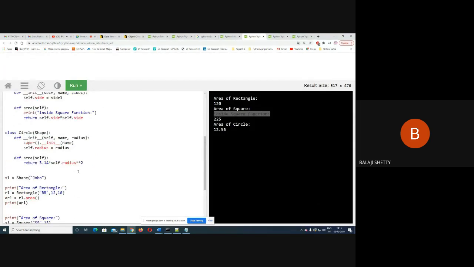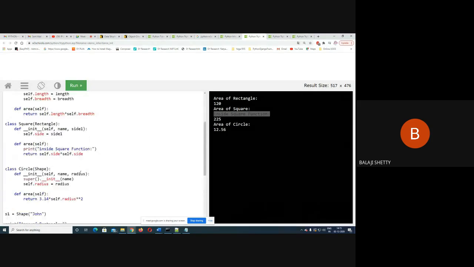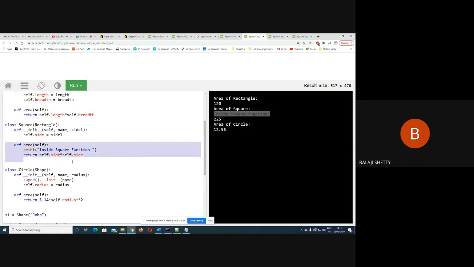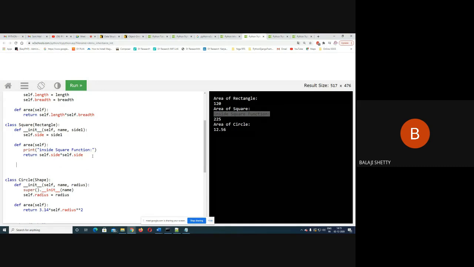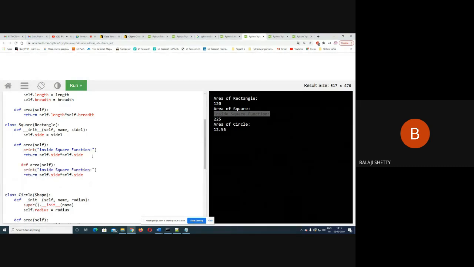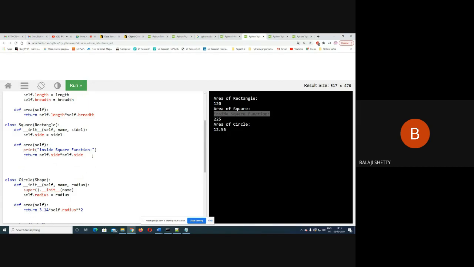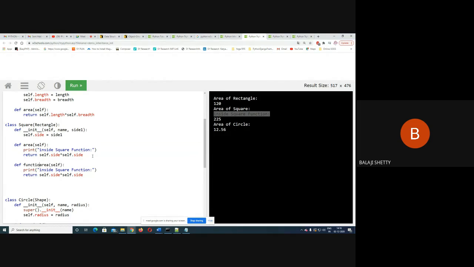Or here I can define another function of a different name instead of area. I show you, I change one more thing. I can define another function like this. Function area.